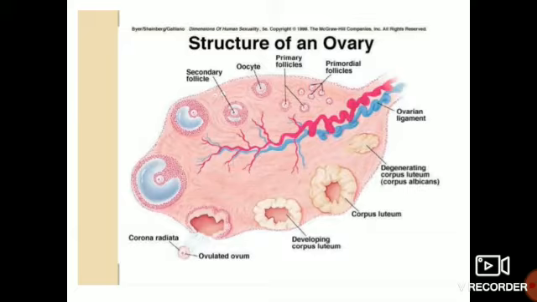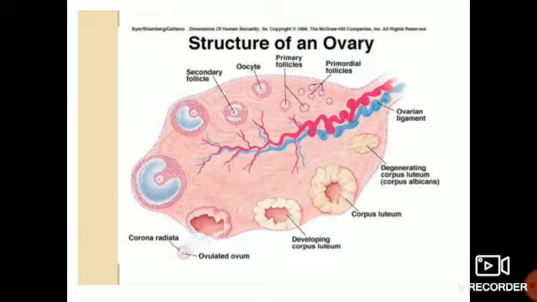At the inner portion, that is where you will be finding these small blood vessels, blue color and red color. Probably you can see here in this slide, that is the medullary region, that is the innermost portion. At the periphery, that is toward the boundaries, you will be finding the follicles all over here. Let us see, ovarian ligaments are also here in the inner portion. So this is the medullary portion where blood vessels and ovarian ligaments are present.